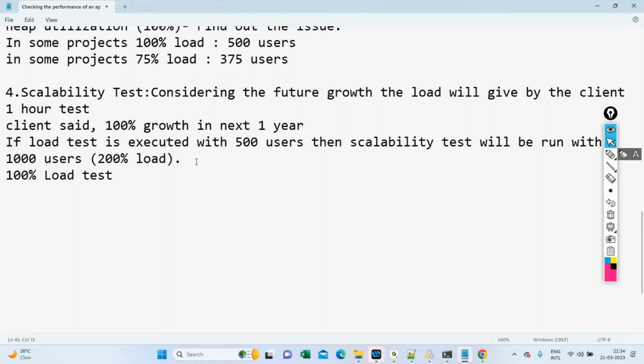We don't have the hardware metrics, right? Not the main reason why we don't run 400% directly is this. Let's say 100% load is 500 users. What is 400%? 2000 users. Now, why you should not run with 2000 users directly is if it crashes or fails somewhere,